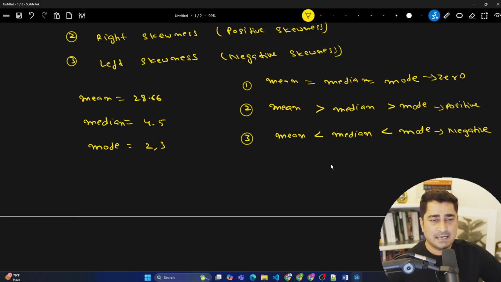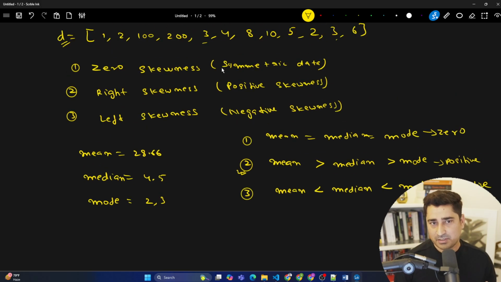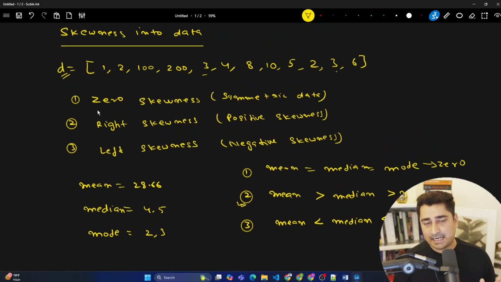So I can say that as per these 3 given conditions, my data set is falling under condition number 2, where mean is greater than median and greater than mode. So obviously I have a positive skewness inside my data set. We understand that this data set is positively skewed, basically a right hand side skewness. On the right hand side there are some outliers, on the higher, positive side, which are behaving as outliers.